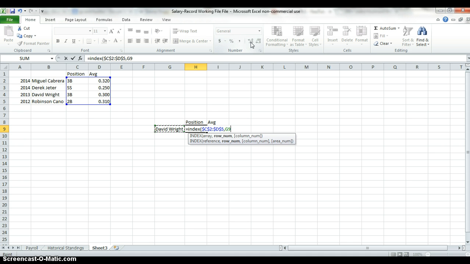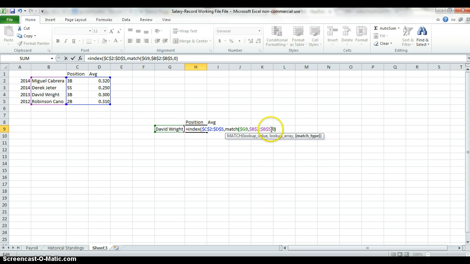Comma, and then this part of the formula is the same, except we're going to lock our column reference, so that way we can carry the formula over, and we're going to lock column G, and then we're going to look at the names in column B, and we're going to lock that too. And our match, sorry, I forgot to write in match, comma match, open parentheses,